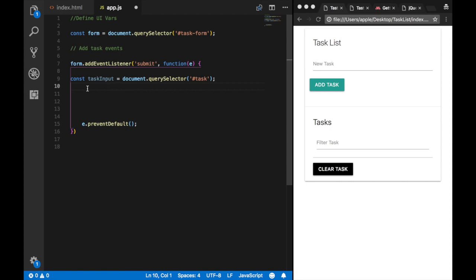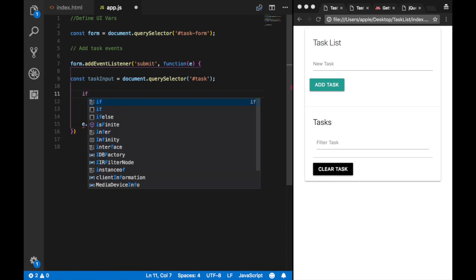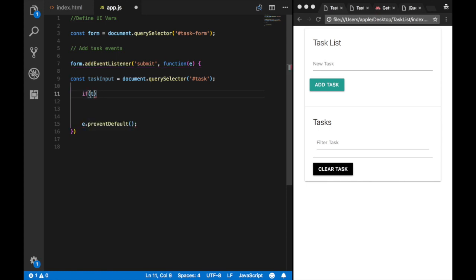And so what next now is we want to check if there's any input here or not. So if there's no input here, we want to give an alert: please enter add tags. So we already select our input now. So let's check if there's a value here. So I'm going to use an if statement. If task, which is this input we selected, task dot value. We want to check if there's a value. You got it. So is equal, that value is equal to nothing. If there's nothing in there,